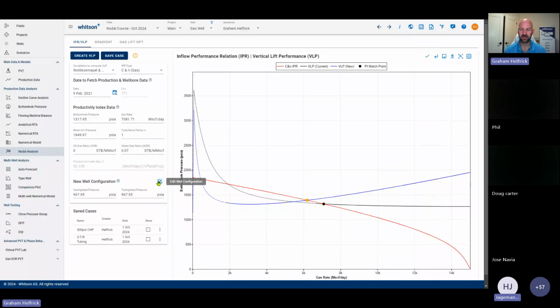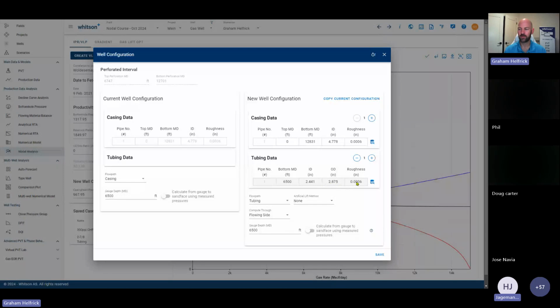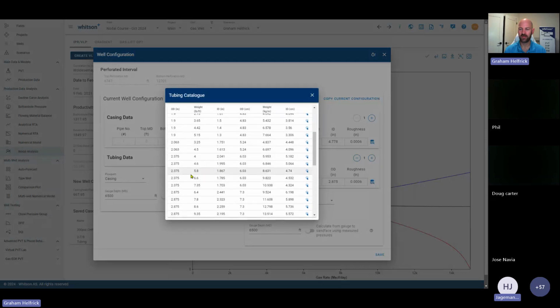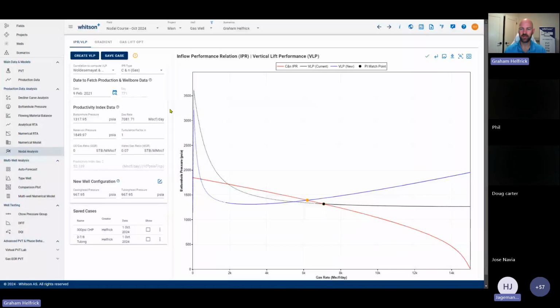Right here it says edit well configuration. We're going to click on this again right here. By tubing data over here, we're going to click on the triple pancake stack again, the little blue icon here, and we're just going to go down and find 2 3/8. I'm going to use 4.6 pound. So this row right here, the 2 3/8, 4.6 pound, create VLP, and we see that smaller tubing reduces the